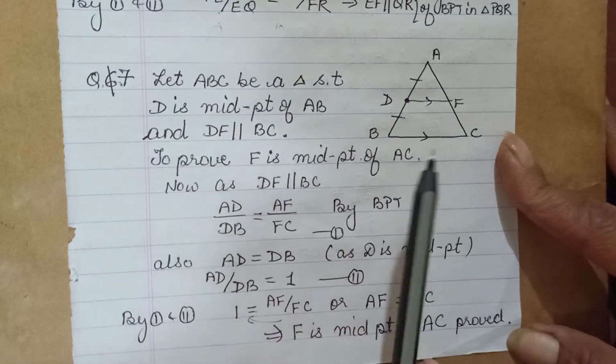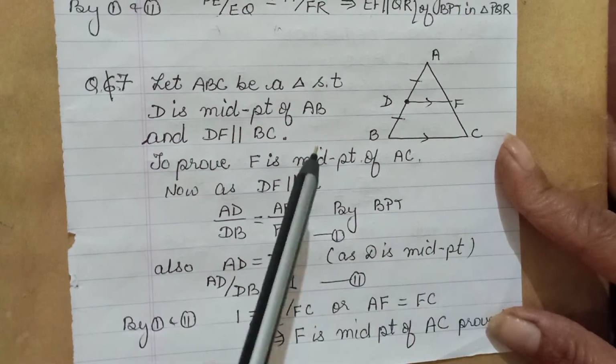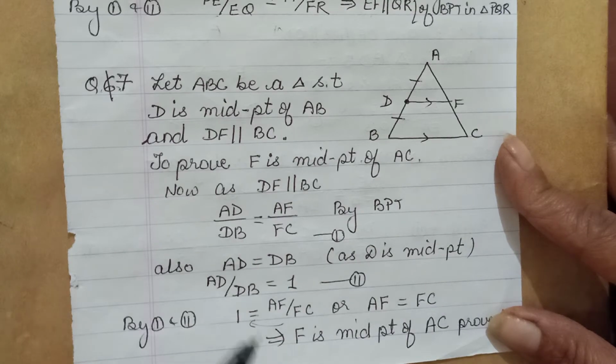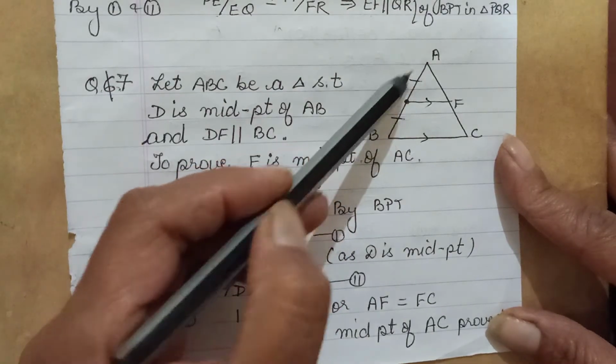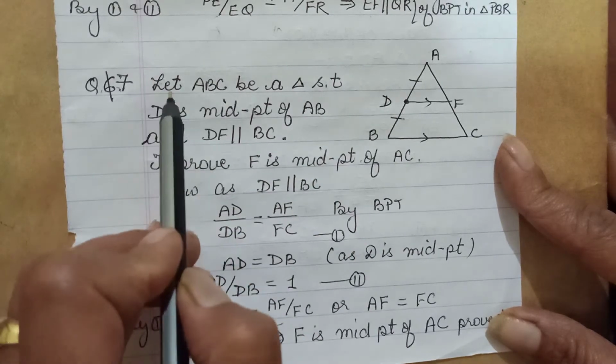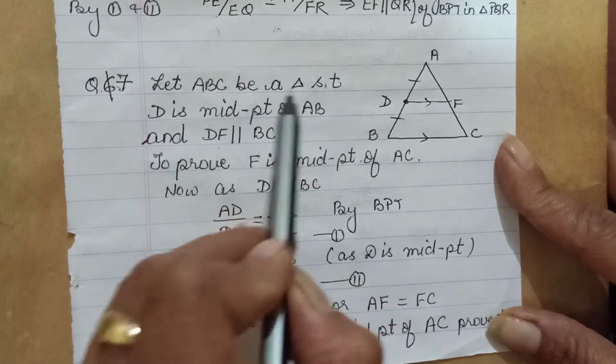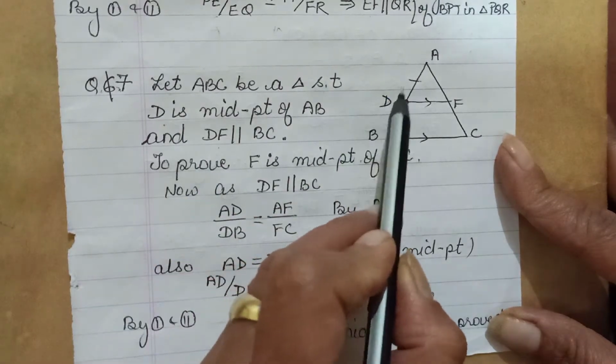For such questions you need to make the figure and explain what you have made in the figure, and then proceed with the proof. The proof is not difficult. I've made this triangle here, and whatever was given in the question I'll write here. I was told in the question that in the triangle we have D as the midpoint of one of the sides.